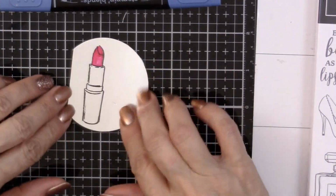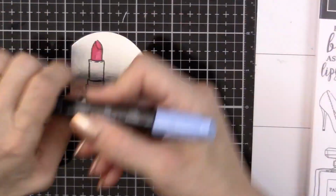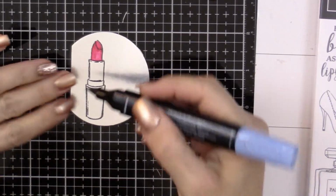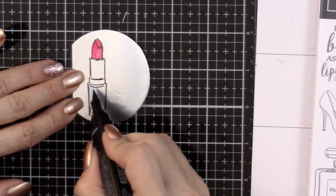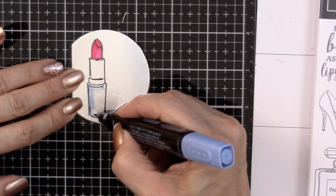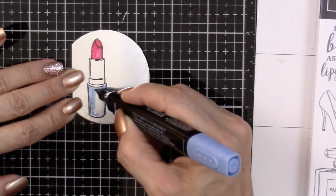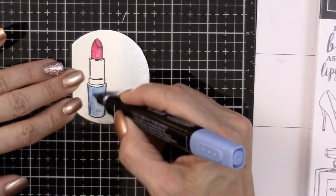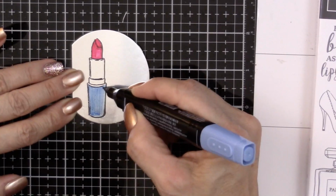Now for the bottom of our lipstick case, I took the brush side of the light Night of Navy, and again I'm just very lightly touching and brushing that. And if you use some very even strokes, you create a little bit of a pattern